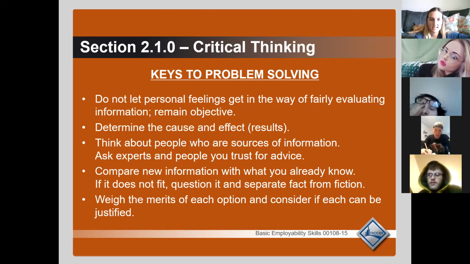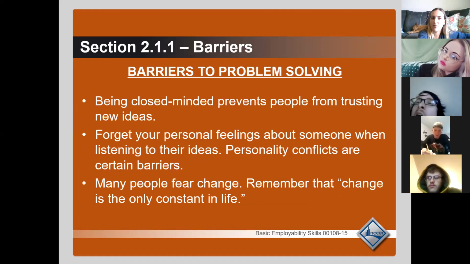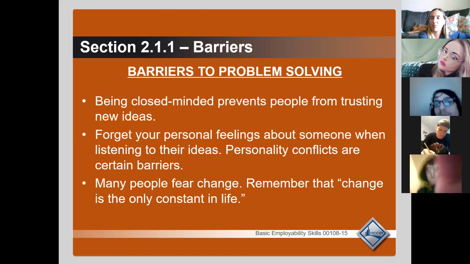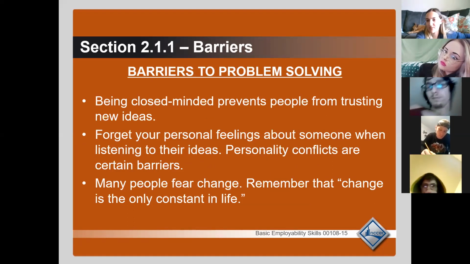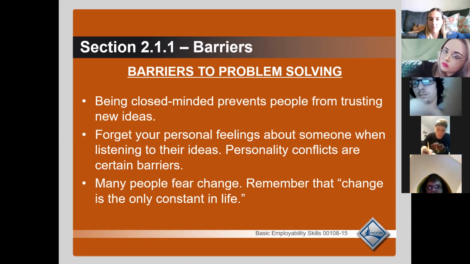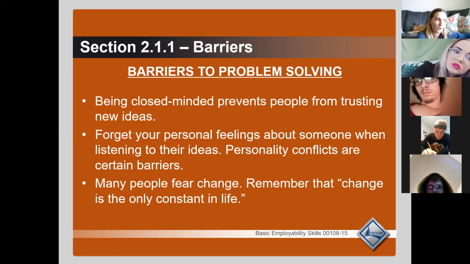Okay, we're going to move on from this. We're going to move on to barriers to problem solving here. So when you're thinking about a problem, let's relate this back to the construction site to make it easier to follow along. Think about being in the shop or being on the house and having a problem come up, whether it's you cut a piece of wood too short and now you're not sure what to do, or you moved something to the wrong spot, or even like you stepped on a nail. That's an issue that you need to solve pretty quickly, right?